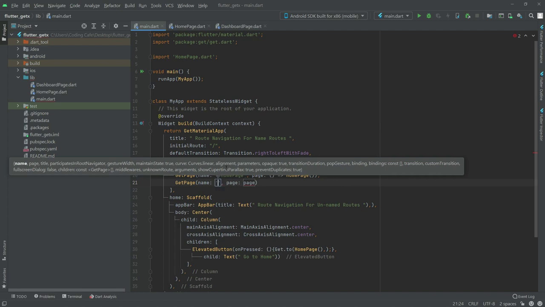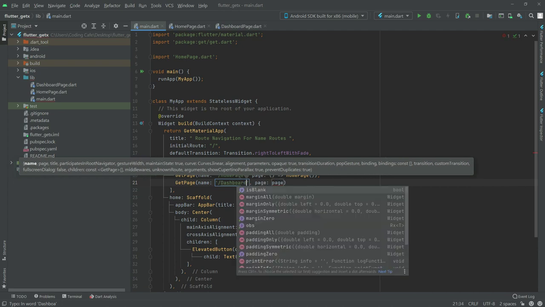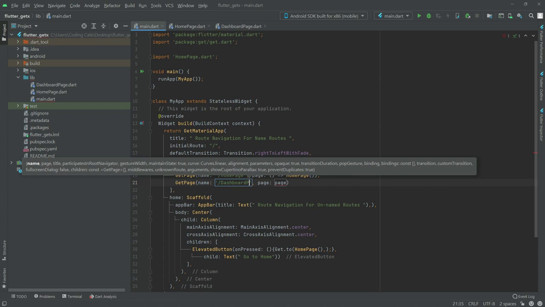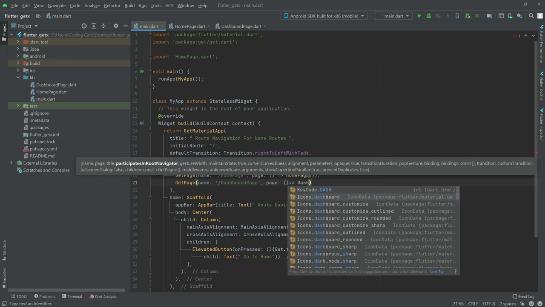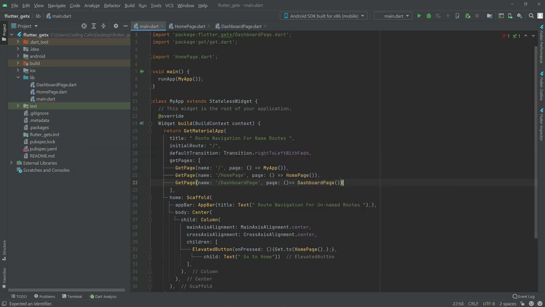This will be for a dashboard, so in here write dashboard, and in page we will set it to DashboardPage. There we go.